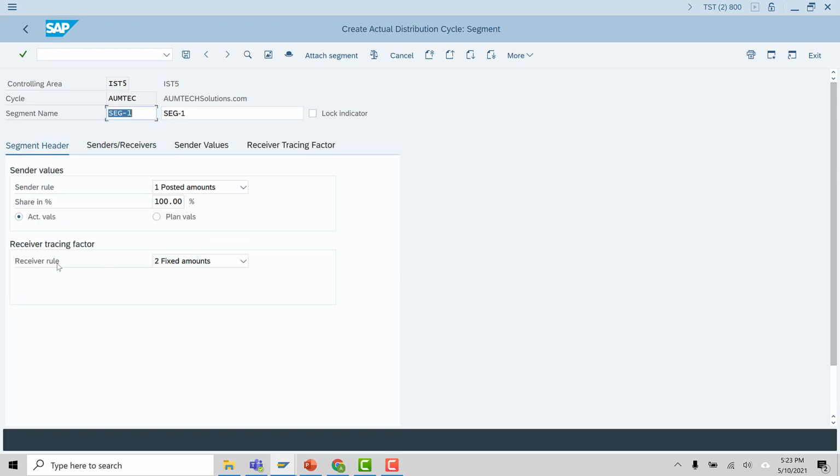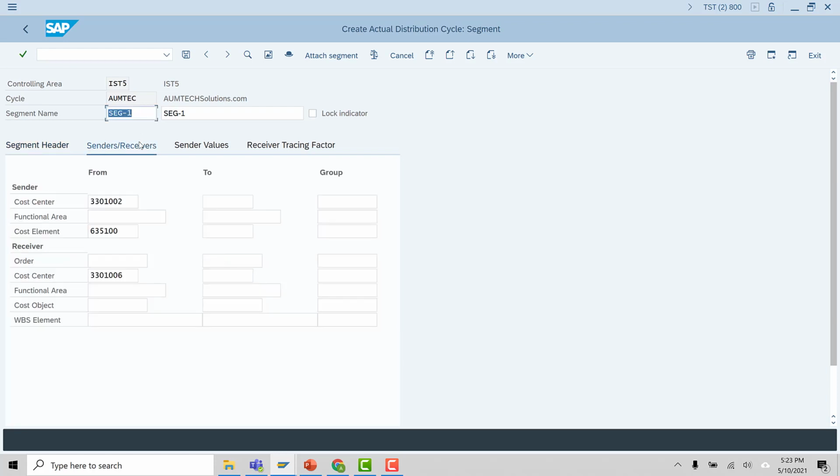Let's go to segment header, and in the receiver rule, select the fixed percentage. Sender, receiver we have already entered. Our sender cost center is 3301002, and this is the cost element. Now this cost element, please note, 635100, will appear in your receiving cost center 3301006.